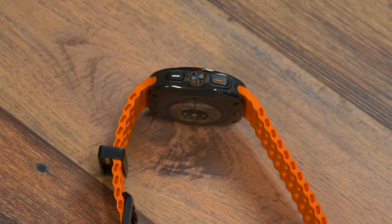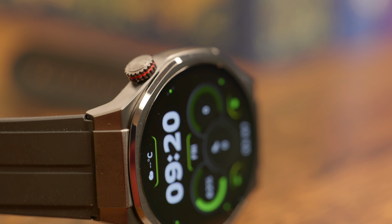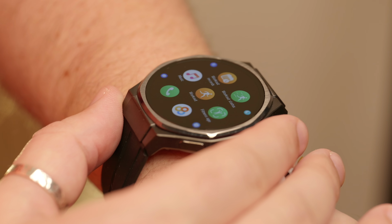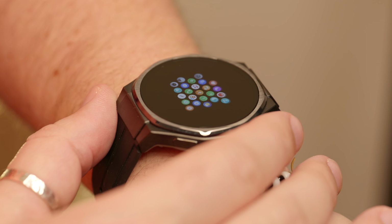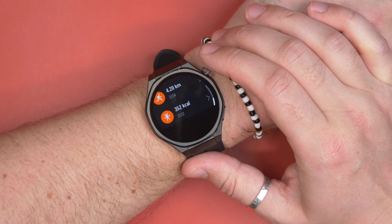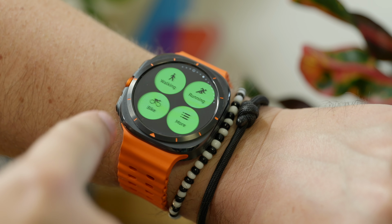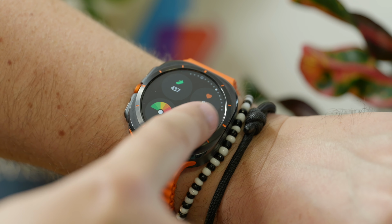Now, despite Samsung having additional buttons, I'd argue that the 2-button system on the Honor watch is far more intuitive and useful, purely for the fact that the crown in the top right also acts as a scroll wheel, so you can scroll through and navigate the interface without touching the screen all the time. Samsung doesn't give you that flexibility on this watch, and for fitness-focused watches where you're on the move and when touchscreen-only controls are just fiddly, it is a bit of an oversight. However, it does have that shortcut key which you can program to launch any function quickly, like jumping straight into a running workout. So if you're a daily runner, you can just pre-program it to quickly start a running session